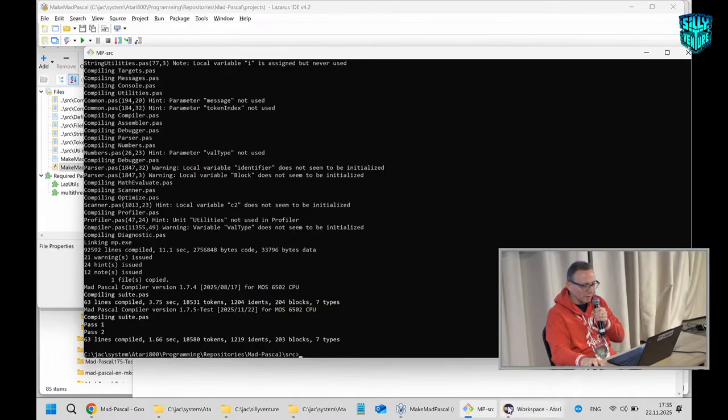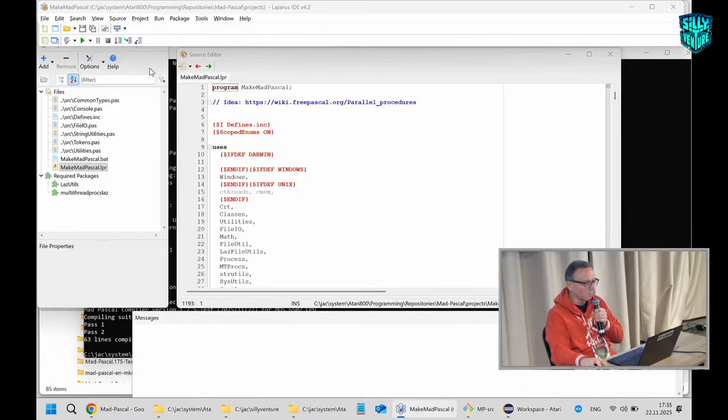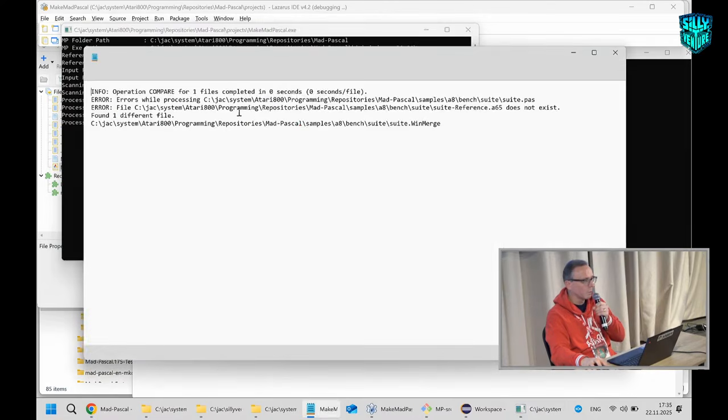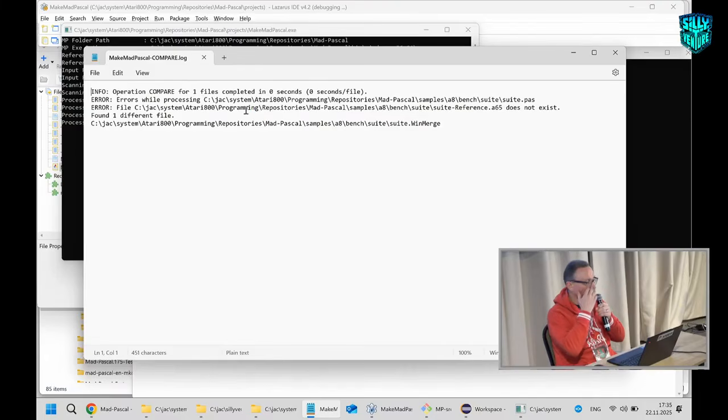And okay, now I have the original and I have the reference, and I can run the comparison run. So what it now does is it compiles the same thing, once with the original, once with the new version, and then it tells me if there were any differences. Yeah, and it creates a log of these differences, and here the difference is that the